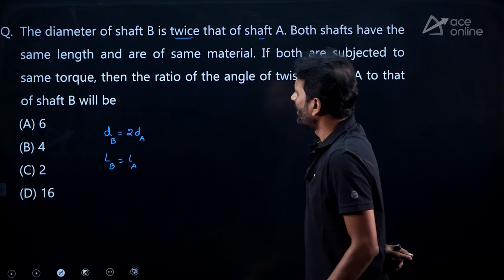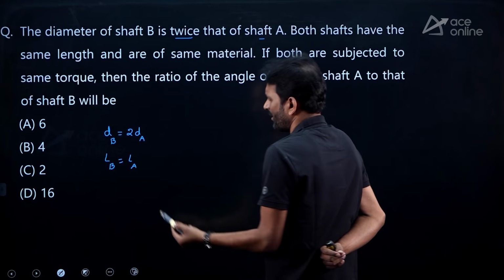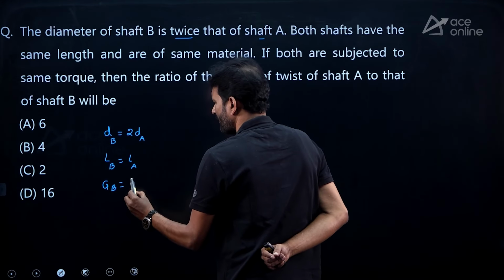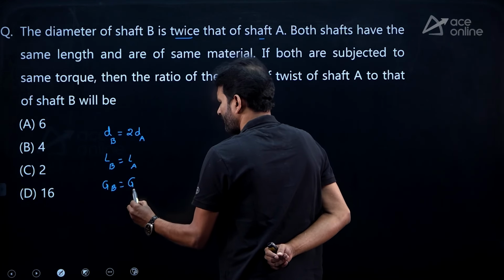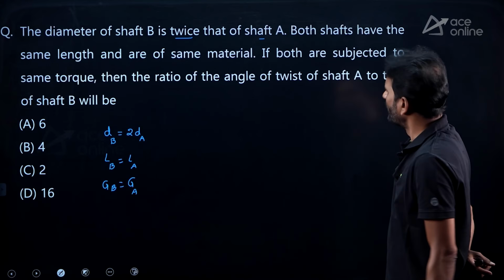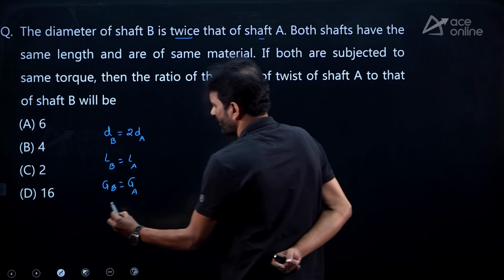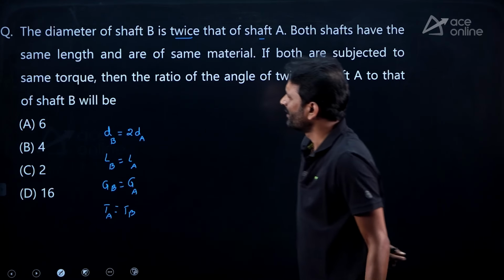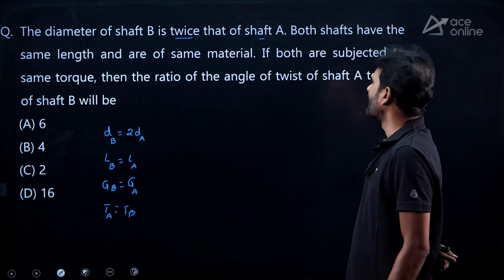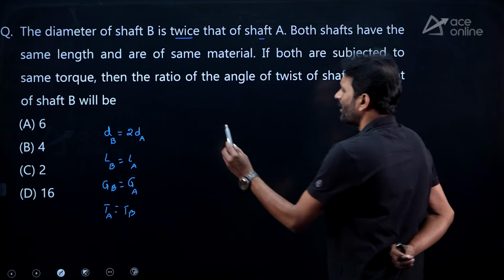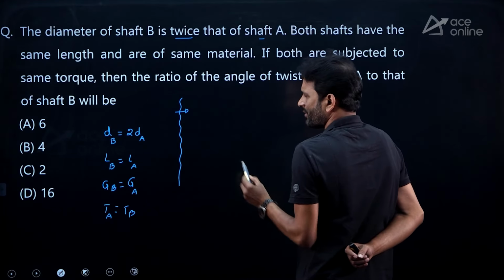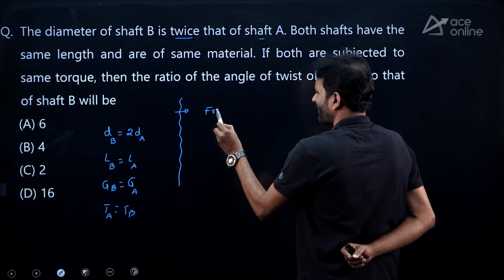Good. And they have the same material, so both have the same G value, shear modulus. If both are subjected to the same torque, that is, the applied torque is also the same on both shafts, then we require the ratio of angle of twist, theta A to theta B. Straightforward question it is. So, from torsion formula we know,